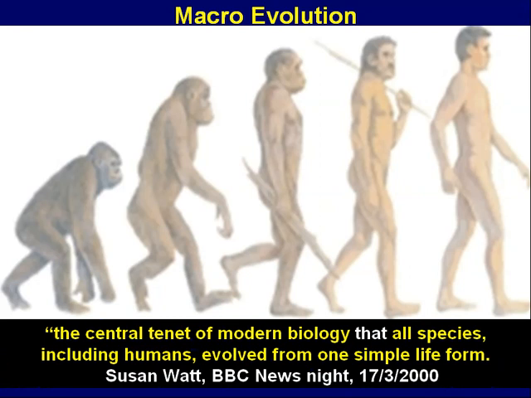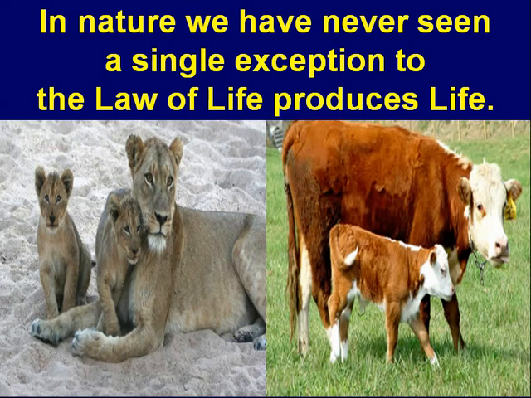That's not what actually was being found. The central tenet of modern biology, that all species, including humans, evolved from one simple life form. That's in the year 2000. That was still being taught. It's no longer taught. They're said to want to remove that picture out of the evolutionary